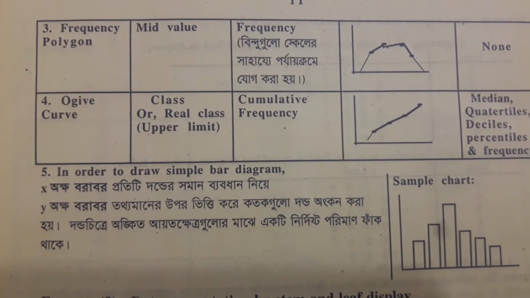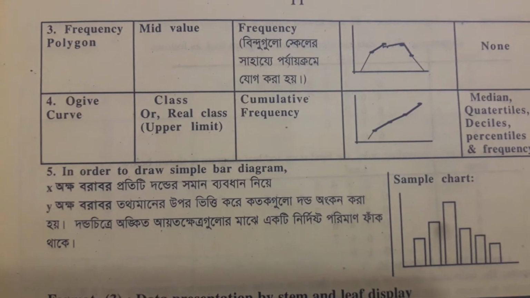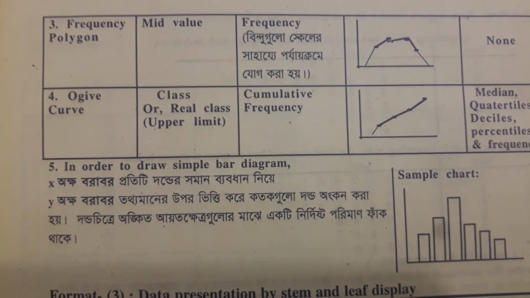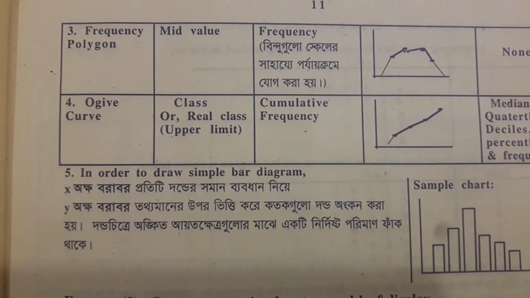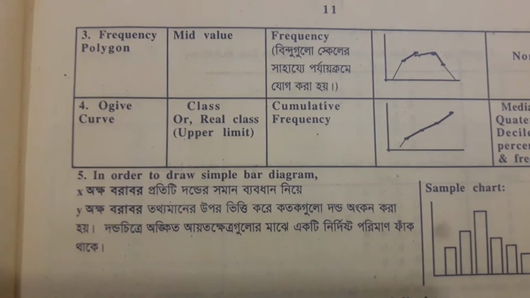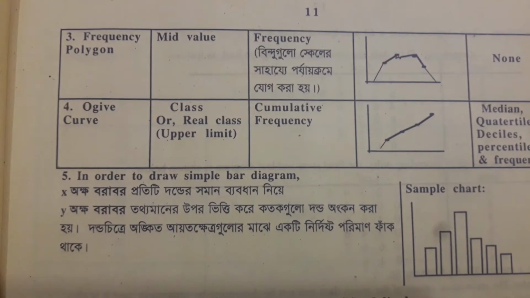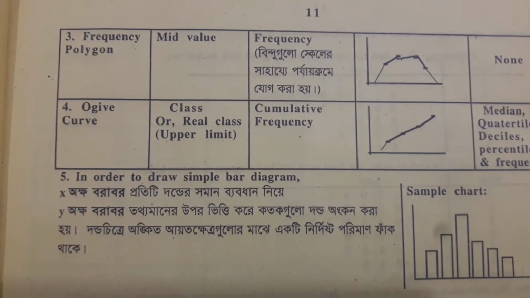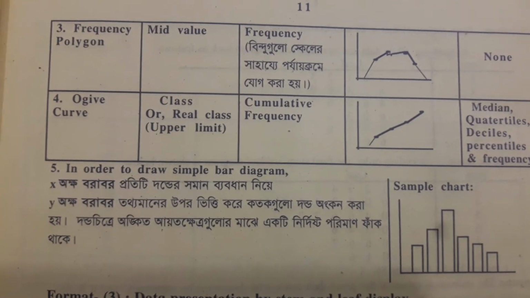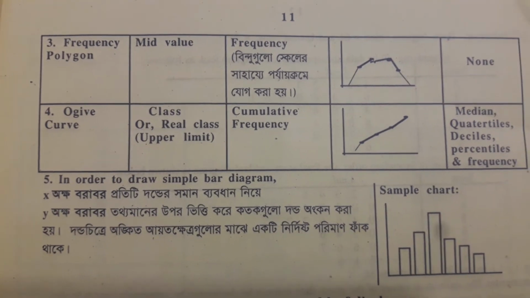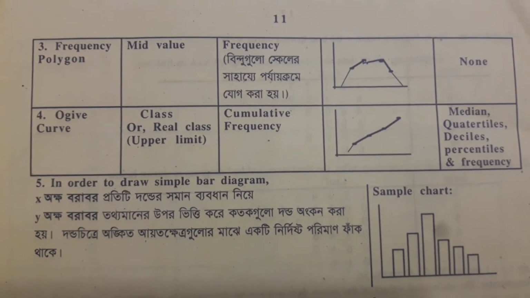Last one, number 5, bar diagram. In order to draw a simple bar diagram, x-axis difference value, the bars are shown below, and you will see gaps in the middle. Bar diagram is shown below. Okay, dear students,